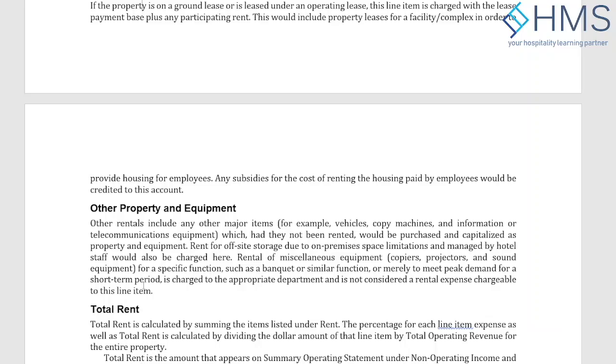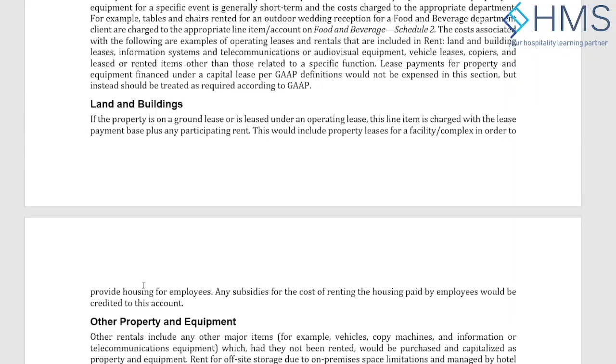This usually includes the housing of associates. For example, you have taken on rent a housing complex to house your GM, directors, and general employees, right? So the cost of that housing property also goes into this land and building.